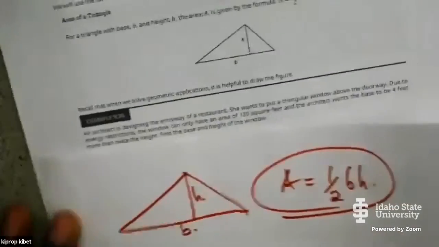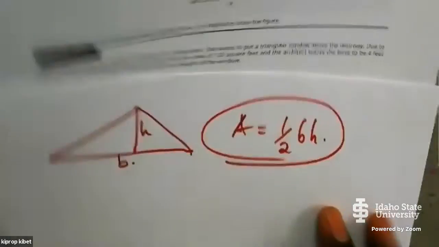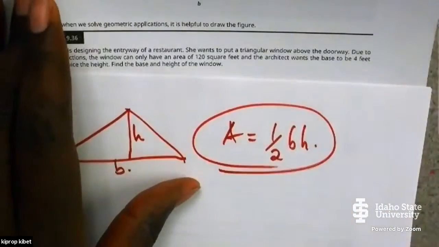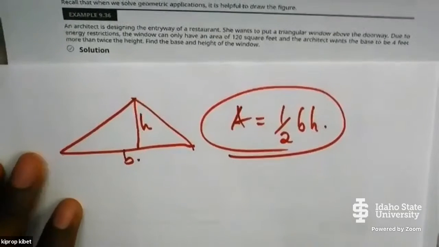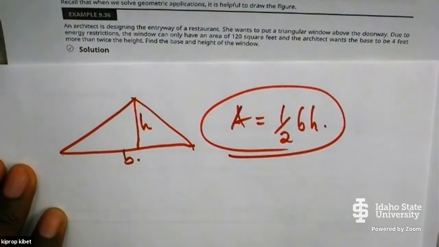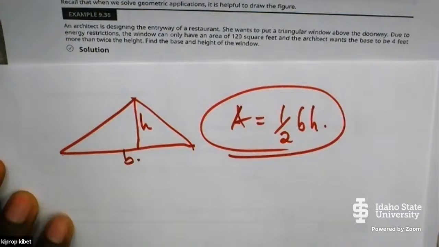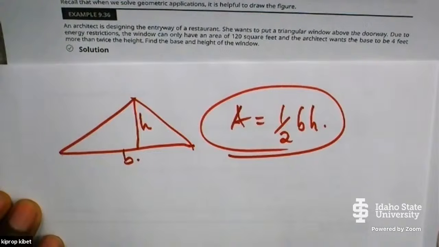So this is in your book. You can check your textbook. So the question can be like that. An architect is designing the entryway of a restaurant. She wants to put a triangular window above the doorway. Due to energy restriction, the window can only have an area of